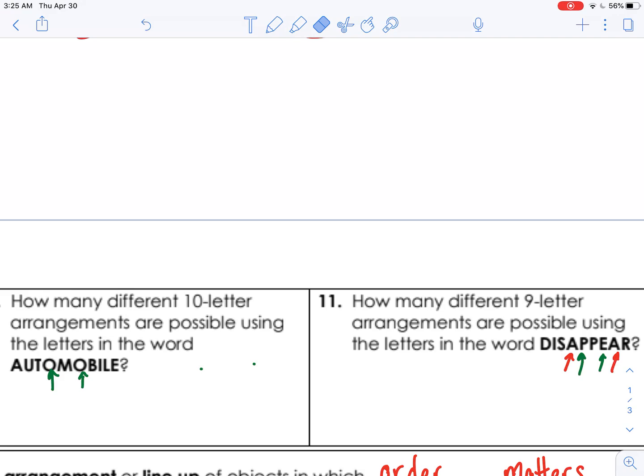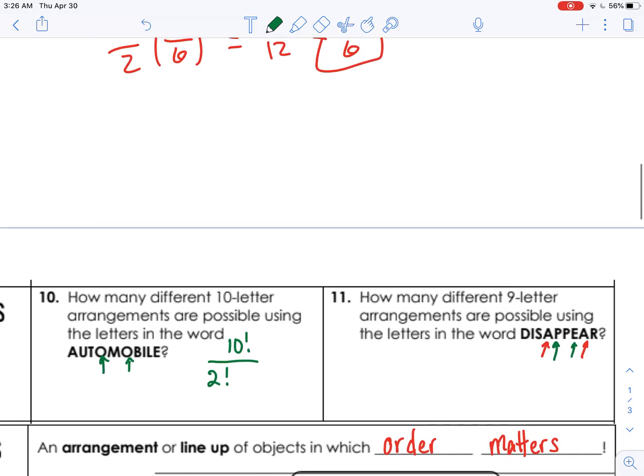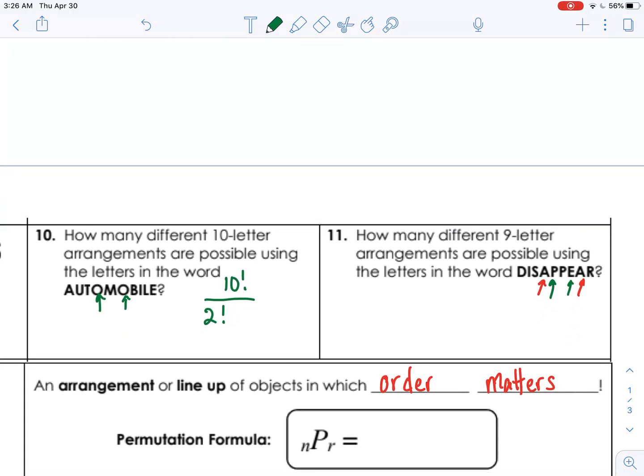So how many letters do you have? I've got 10 letters. So that's 10 factorial. Now I have to divide by how many letters do I have repeated? So here I've got O repeated twice, so I'll divide by 2 factorial. So 10 factorial divided by 2 factorial. And now in 11, I've got 1, 2, 3, 4, 5, 6, 7, 8, 9 letters. So 9 factorial divided by